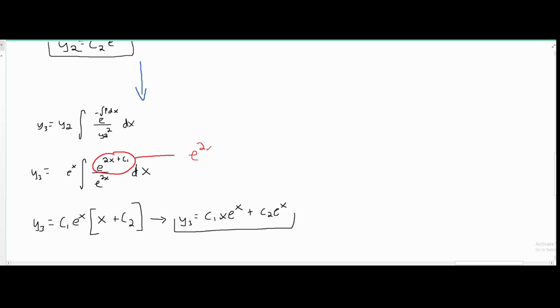We can say we have e to the x times e to the c1, and e to the c1 is just going to be c1. Since this is a constant, we can move it out in front of the integral. So that's going to place it right here with e to the x. And then now that we have that, we are no longer going to have this c1, so we just have e to the 2x over e to the 2x. We're going to take these out, and we're just going to be left with 1 dx. The integral of 1